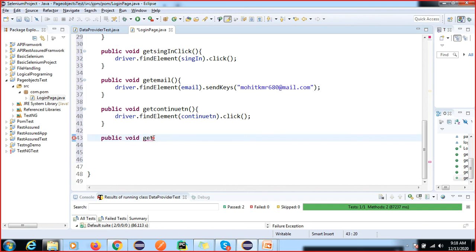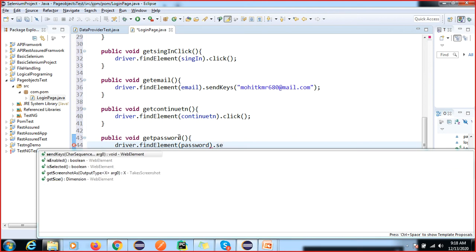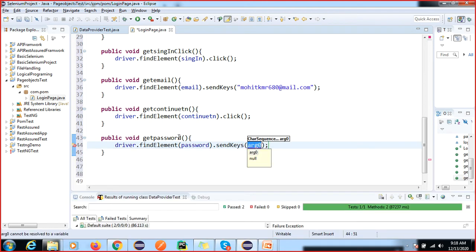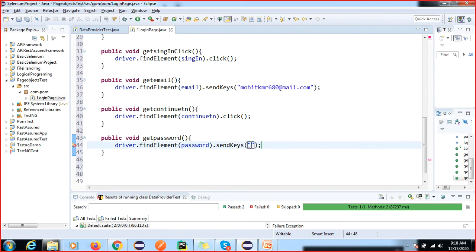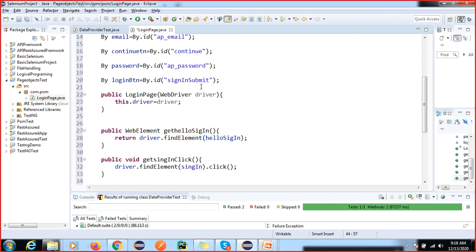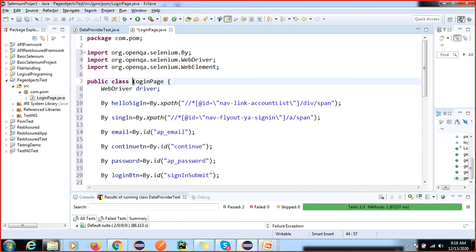Now driver dot find element password, then send keys, and you have to pass your password. Okay, so this is the class we have created for one login page class.